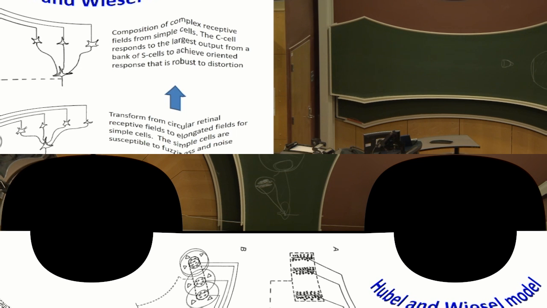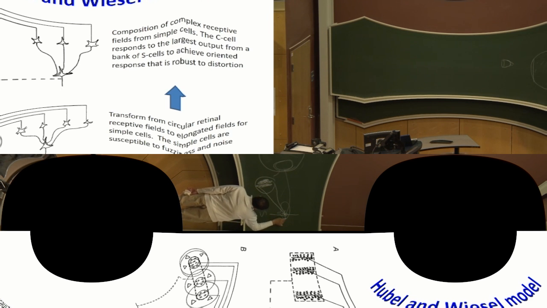But then something happens in the first layer. This kind of sensitivity, where you're just looking for light that follows a specific pattern, can be noisy. So they found that there were actually two levels of cells in the brain. You had some cells out here which would respond to this orientation of light. But these were sensitive to noise, so they could be fooled. But then the brain does a cleanup. These they call the simple cells,